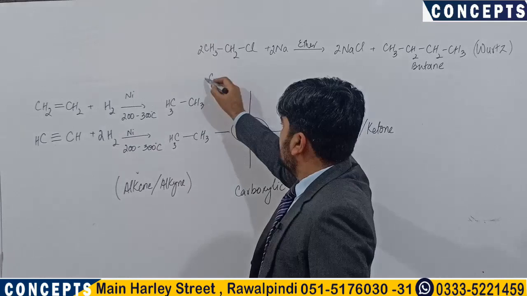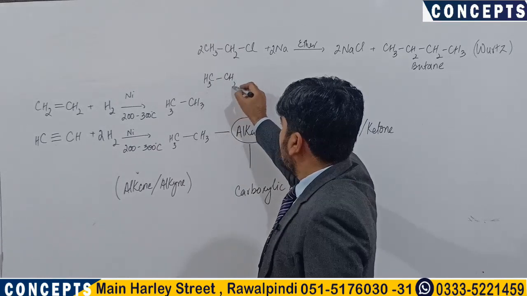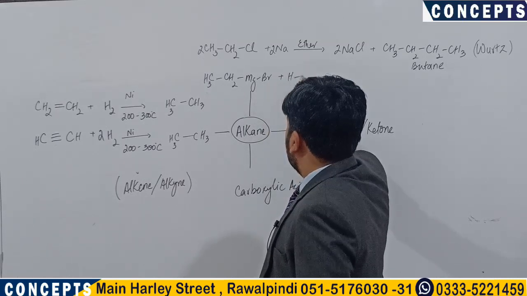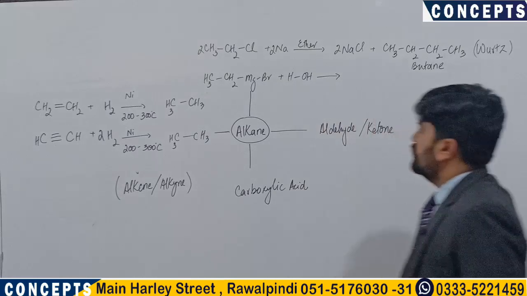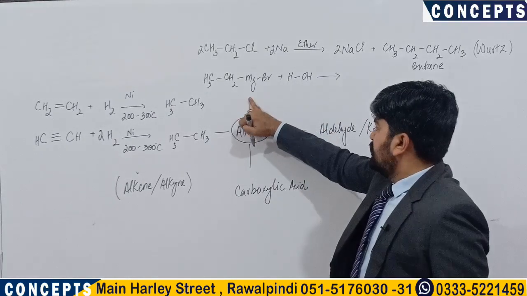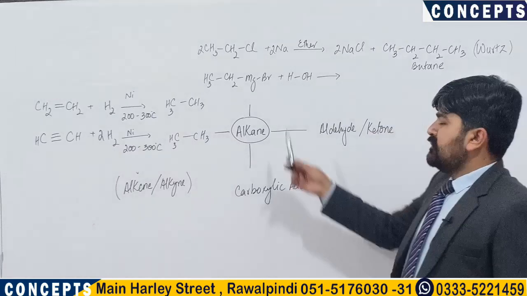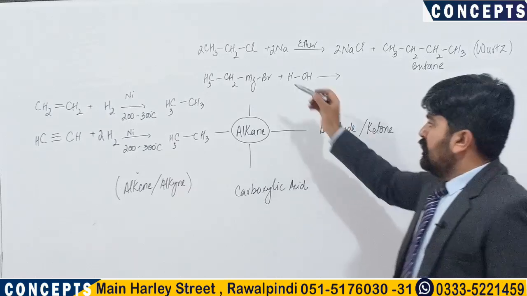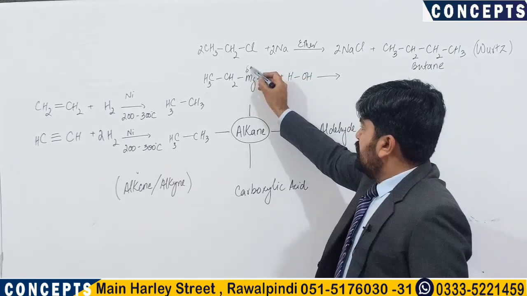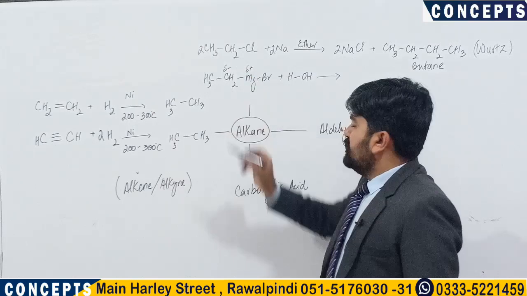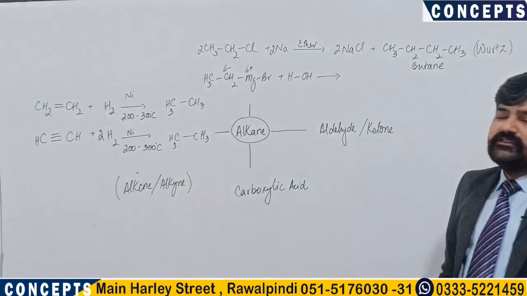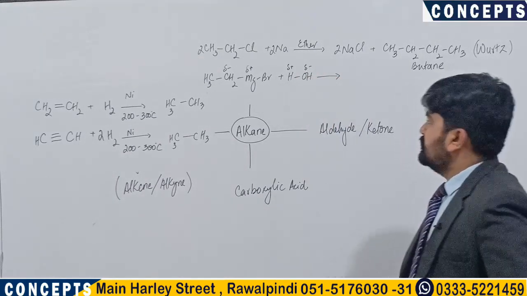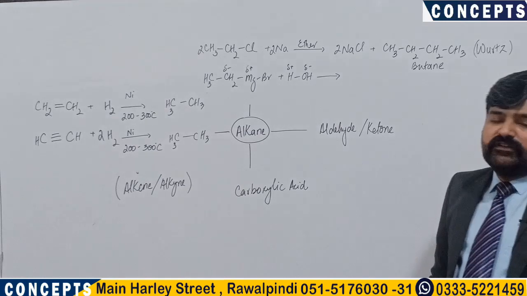A second method that is used for the preparation of alkane is hydrolysis reaction, and hydrolysis of Grignard reagent can be used for this reaction. A Grignard is an organometallic compound that includes magnesium metal. Here magnesium is a metal and it bears partial positive charge, carbon being electronegative bears negative charge. On the other hand, in water, hydrogen bears partial positive and hydroxy OH bears partial negative.